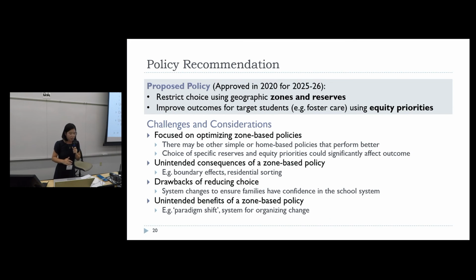There are also all kinds of unintended consequences of using a zone-based policy. This thing I named before, this problem that we're really reducing choice, right? From 80-something percent of students to 60-something percent getting one of their top 3 choices. In addition, in discussion, there have also been some interesting benefits of a zone-based policy, where it has allowed for what the district calls a paradigm shift, for people to completely change how they think about student assignment, and in particular, supporting things like better transportation and moving programs around to be more equitable.